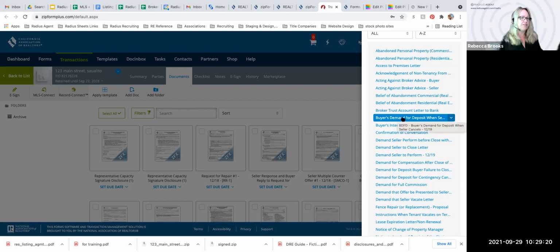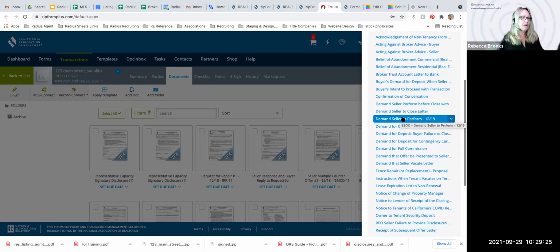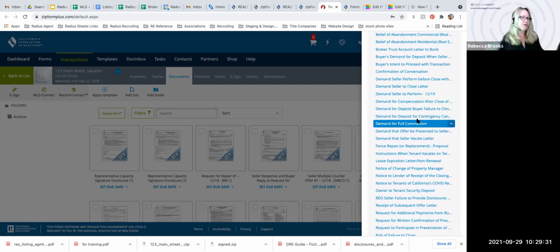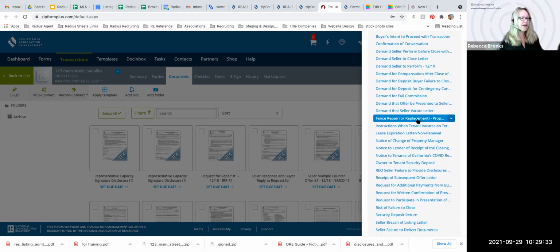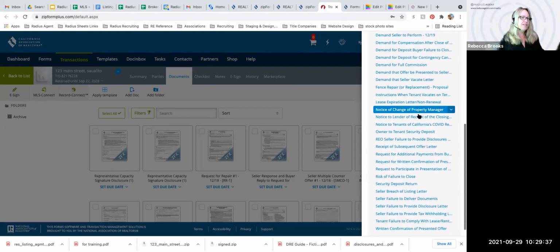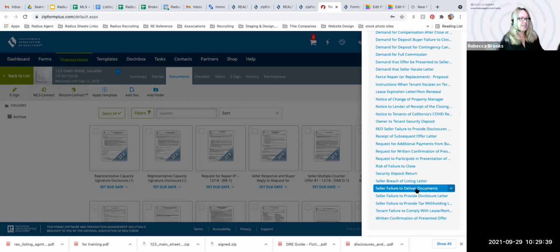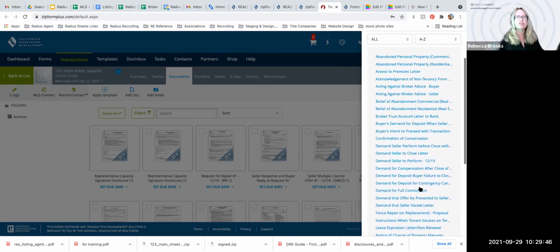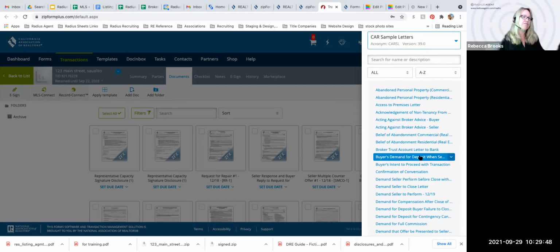a buyer's demand for deposit when the seller cancels, confirmation of a conversation that you've had with somebody, a demand to close, demand to perform, fence repair, demand that seller vacate. So these are all things that are in here that, if for any reason you have a crazy situation, you can of course always call a manager and talk about your crazy situation, but sometimes you have these